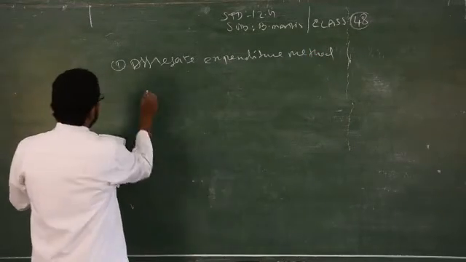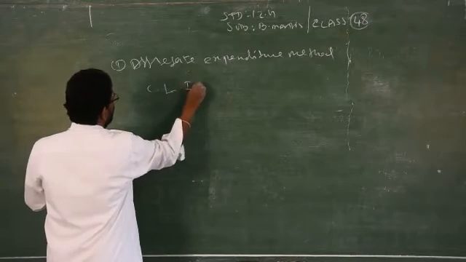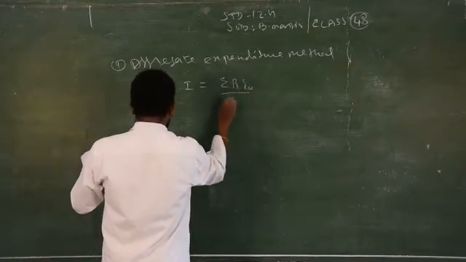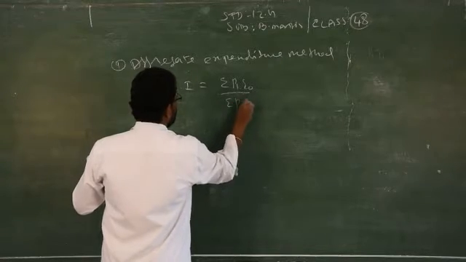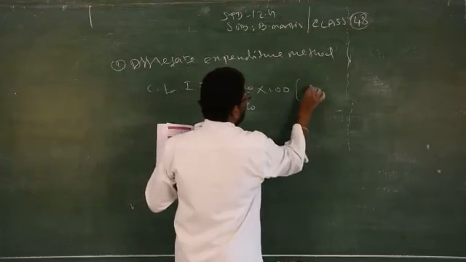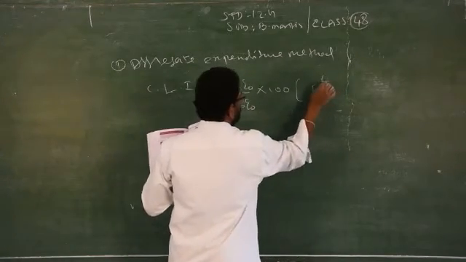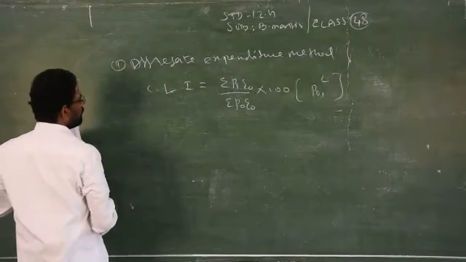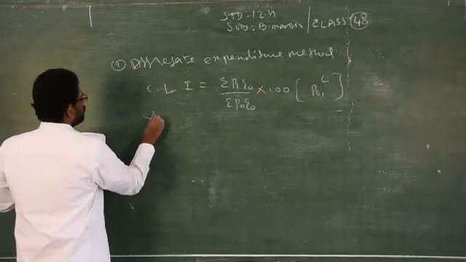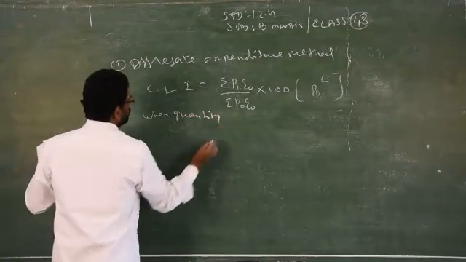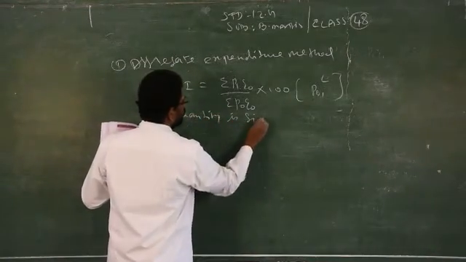The formula for the aggregate method: CLI, that is the cost of living index number, is equal to summation P1 Q0 by summation P0 Q0 into 100. This is nothing but the Laspeyres method, P01. You can use the Laspeyres formula for the aggregate expenditure method. Clear? When quantity is given.